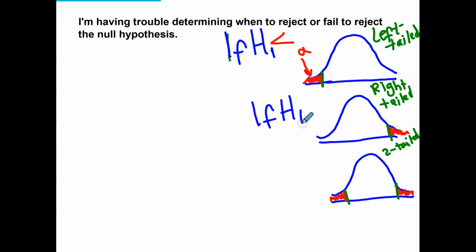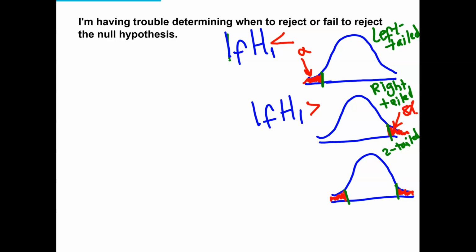If the alternative hypothesis has a greater than sign, which points to the right, then we're dealing with a right-tail test, and your alpha and your p-value are located on the right